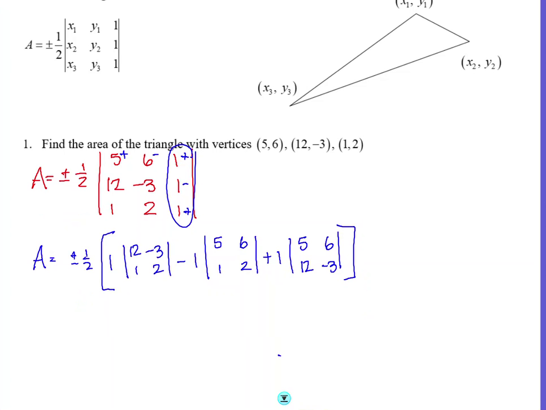To find the determinant of a 2 by 2 matrix, remember you multiply the principal diagonal and subtract the product of the other diagonal. So we have